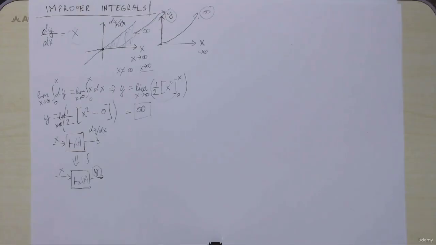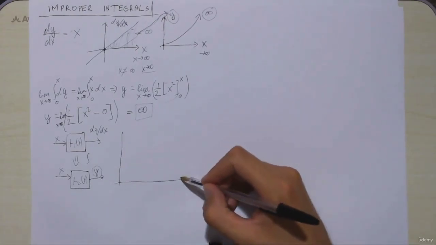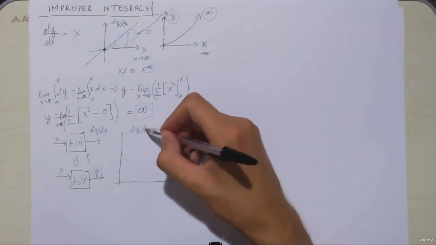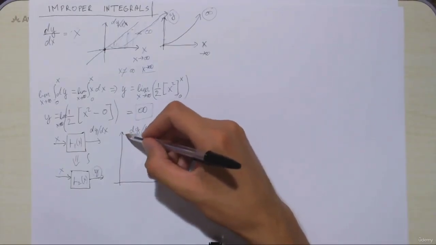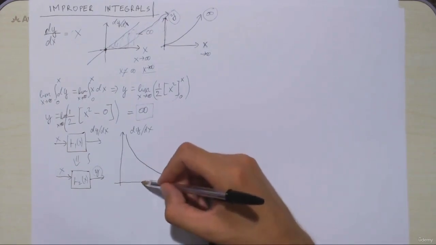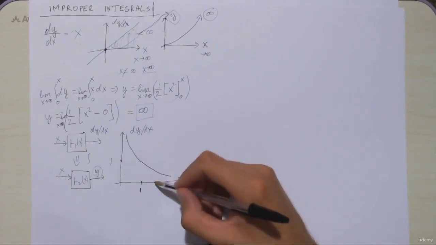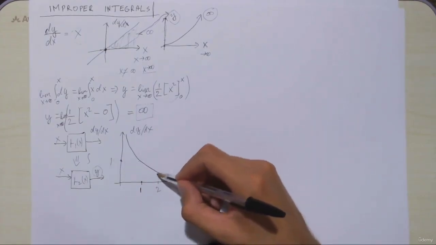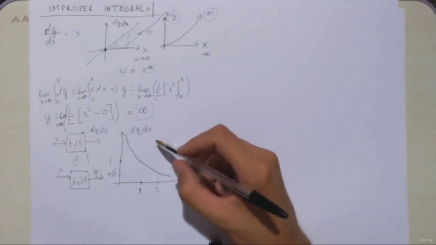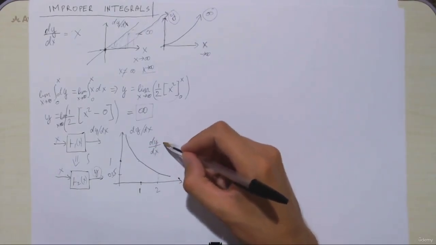Let's consider that your function now looks like this. So your input is still x, then here you still have dy dx, right? But then your function looks like this. And for example, if you have 1 here, then you also have 1 here, but then if you have 2 here, then you have 0.25 here. That means that here in your dy dx, here it would equal